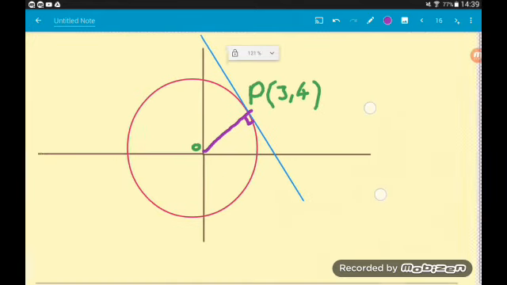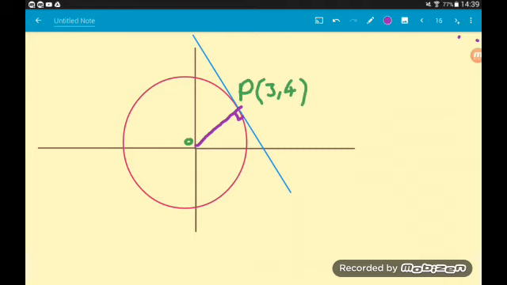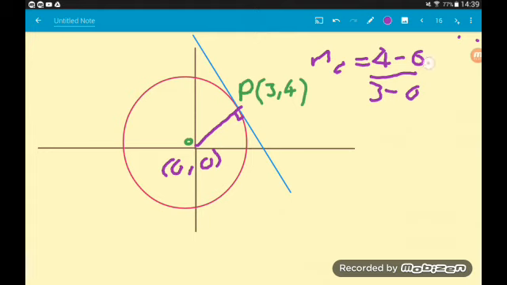So how do we find the gradient of the radius? Well, I'm going to call this m with a little r. Gradient I teach as the difference in y over the difference in x. So here our coordinates at point O are 0, 0. So the gradient of our radius is 4 minus 0 over 3 minus 0, which is just 4 thirds. Why is that useful? Well,